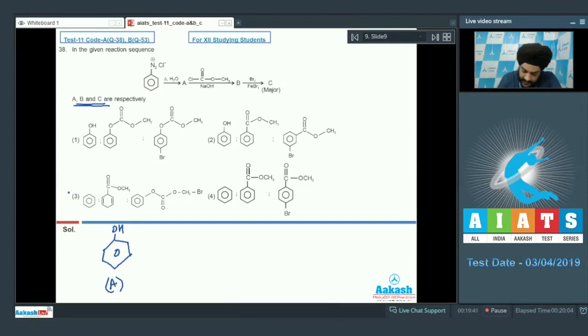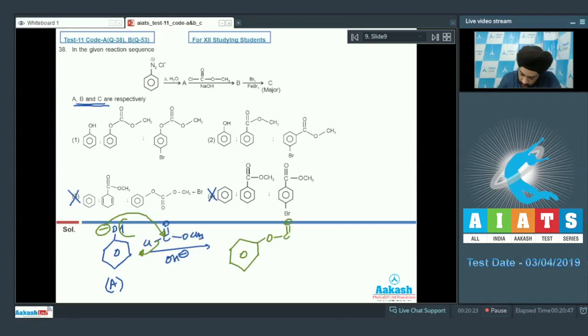We can eliminate option 3 and 4 now. If we talk about the conversion of A to B, we have C double bond OCl OCH3 in the presence of OH minus. So this OH minus is going to extract the acidic hydrogen of phenol, will convert it into the phenoxide ion, and this phenoxide ion will now attack the carbonyl carbon and make the Cl group leave, as it is a better leaving group. So we are going to have the formation of